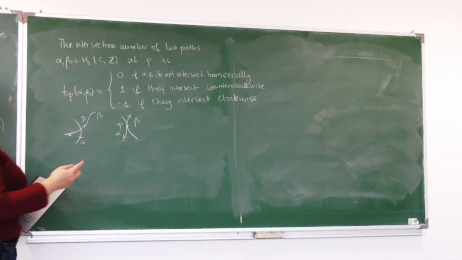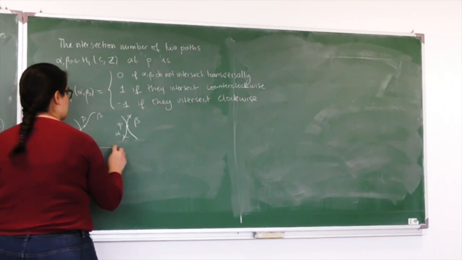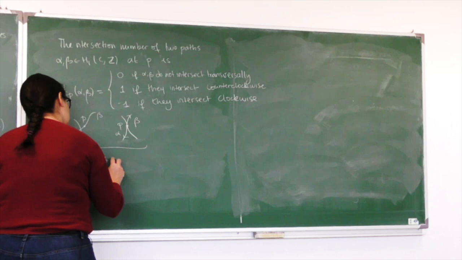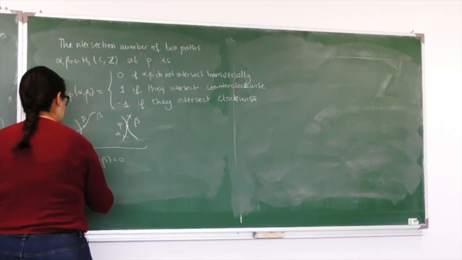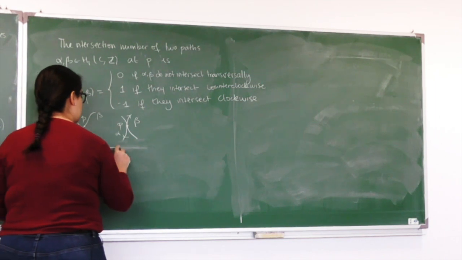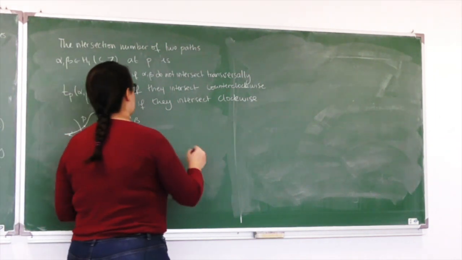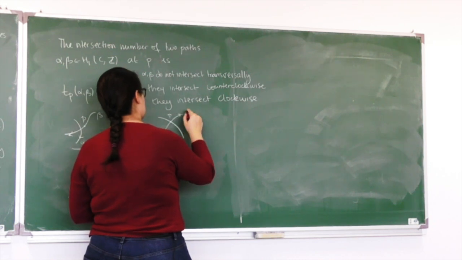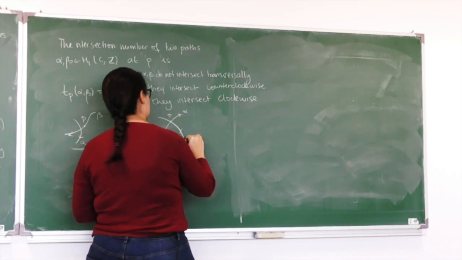In that case, the intersection number is 0. And then we have the case alpha beta,